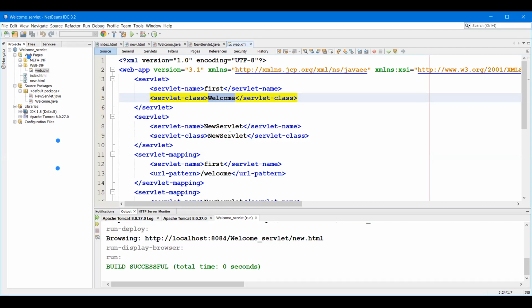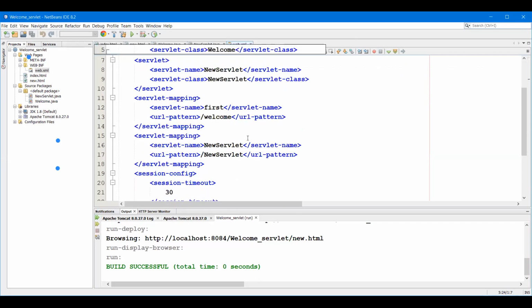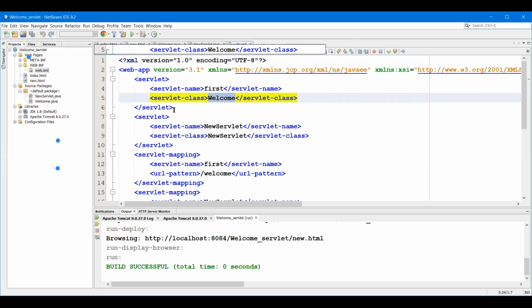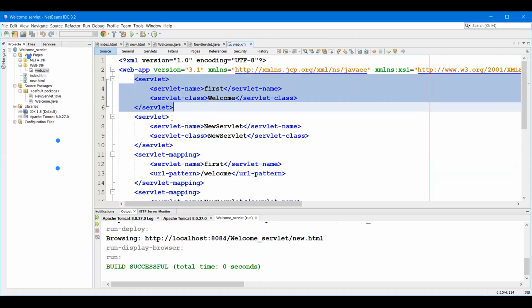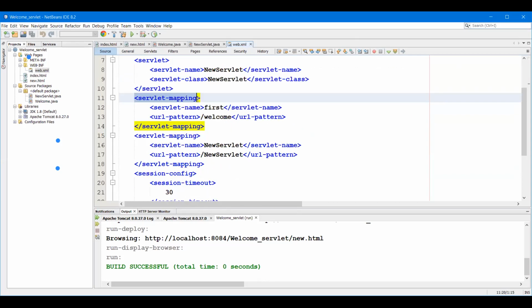All programs' web.xml entries should be in one web.xml file only. If you create one more servlet program, that servlet entry will again be in this single web.xml file. Whenever we create one servlet, it is going to create two tags, servlet and servlet mapping, for that particular servlet.